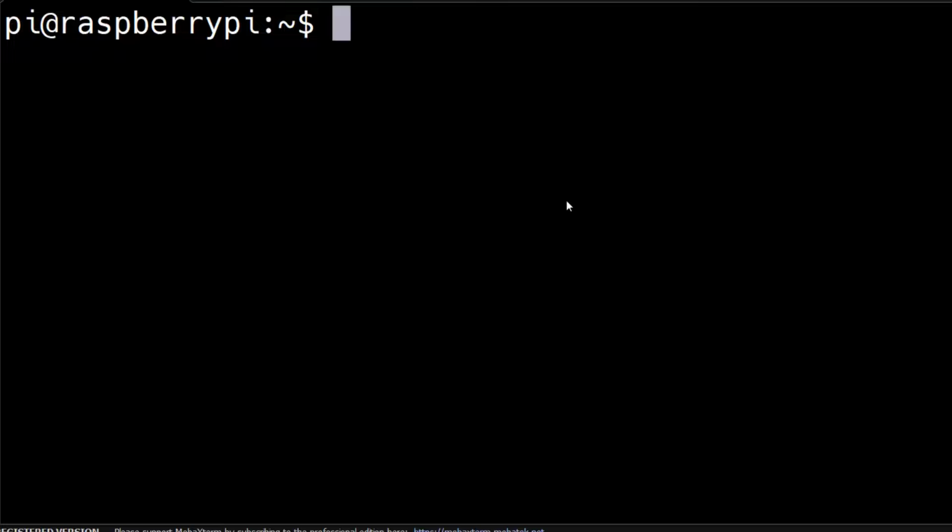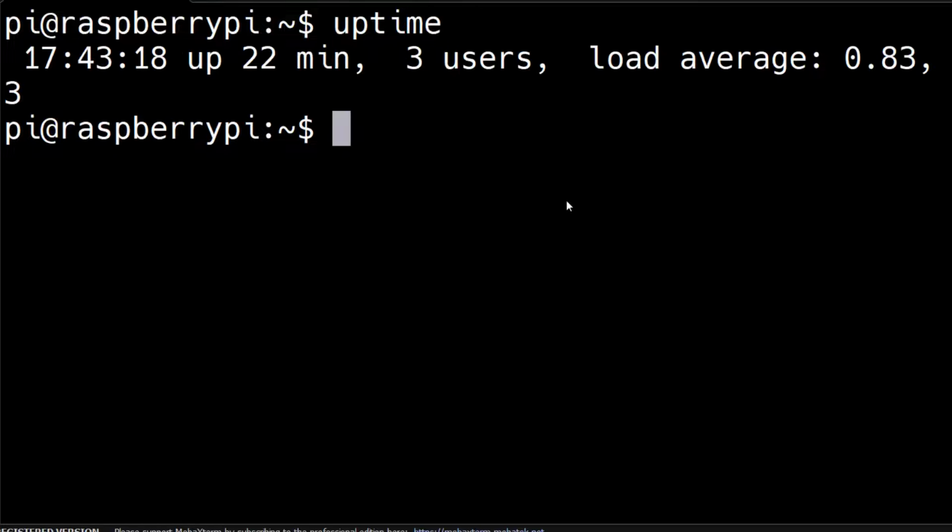In this episode we are going to learn a few important Unix commands. So the very first command is uptime. It tells you for how much time your Unix system has been up and running. So this system has been up and running for the last 22 minutes and there are 3 users that have logged in. I'm not sure how to read these readings of load average, so I'm going to skip this part.